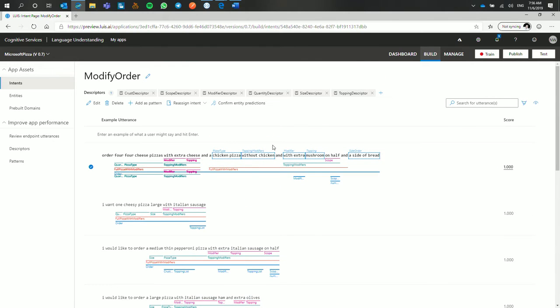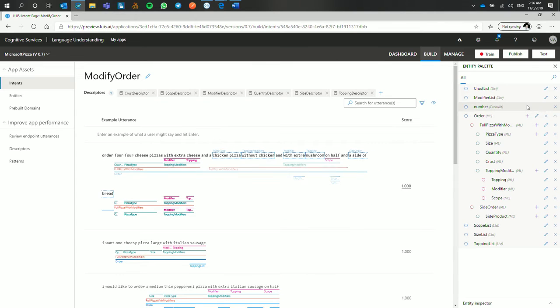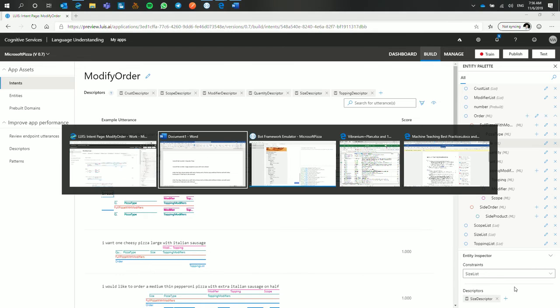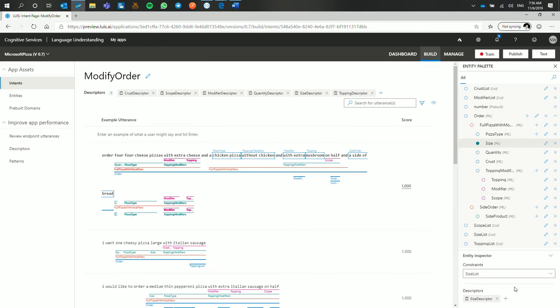The labeling experience is much slicker, it's much faster. You can define a set of entities here, and for every entity, you can inspect it. You can see the descriptors that are associated with it. You can identify roles to it, and you can use it in the context of your model and how you're doing the schema. This UI is much faster, much easier to use. It's much more handy compared to the previous UI.